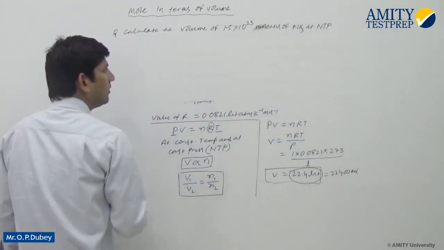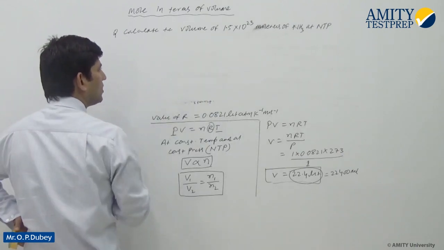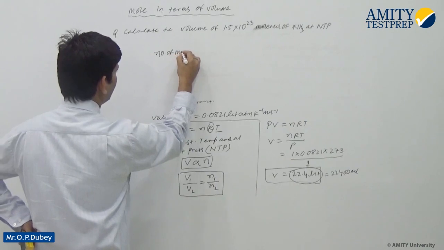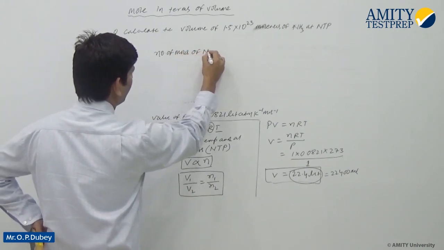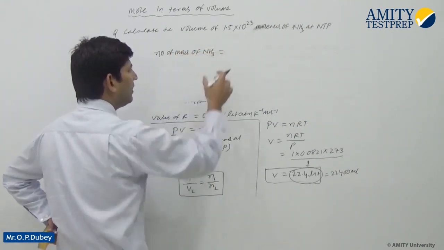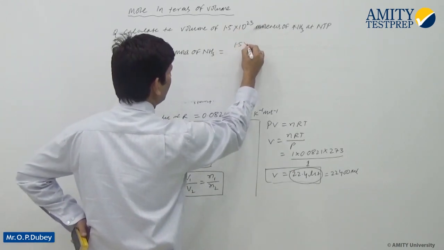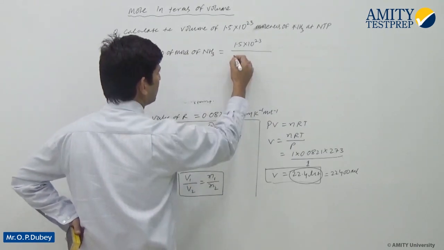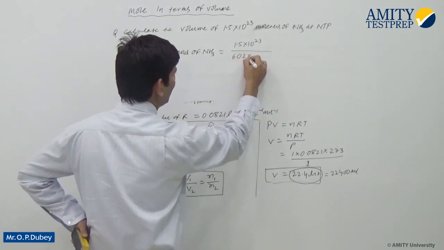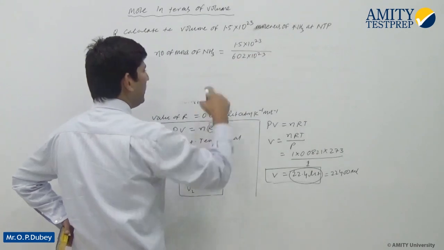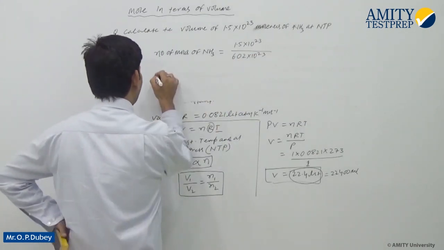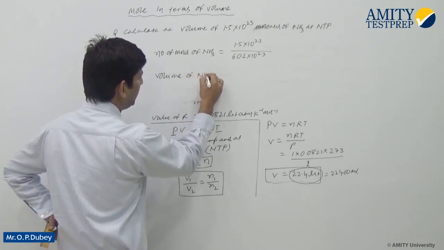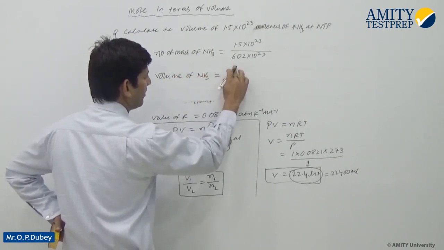and we can easily calculate the number of moles of ammonia at this condition. The number of moles of ammonia is equal to the given number of molecules, 1.5 multiplied 10 upon 23, upon the fixed value, which is Avogadro number, 6.02 multiplied 10 upon 23. It comes the number of moles, and if we have to find out the volume of ammonia, then number of moles